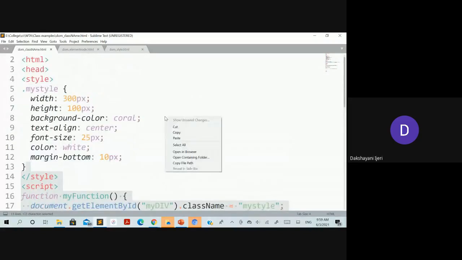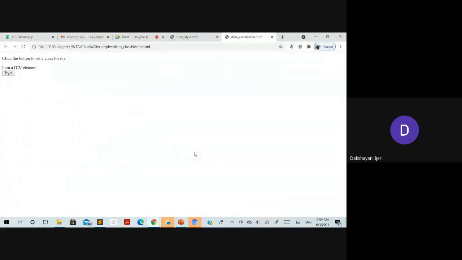Okay, so I'll just run this. Here you can see the information on this web page, and we have not applied any styles initially. If you execute it, none of the styles will be applied over here. The styles will be applied only when you run the JavaScript part, and when the function of the JavaScript is executed, you have linked it to the one button. So based upon the clicking, it is going to be applied. If I click on that, you can see here the style whatever has been defined for that section is applied here.